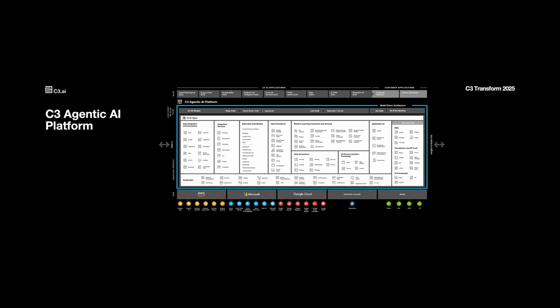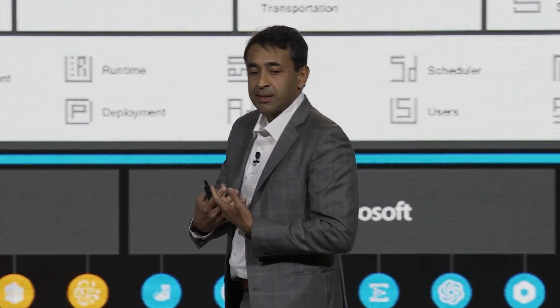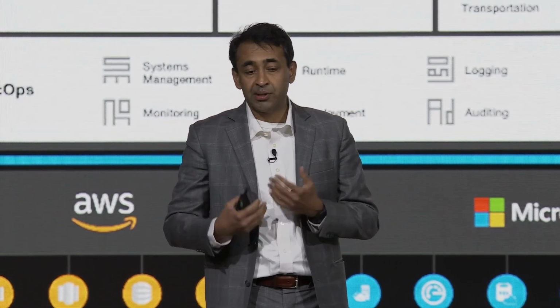The other core innovation that we've talked a lot about is the C3 Agentic AI platform. And the other really neat thing that we did was we built this entire agent orchestration framework on top of the platform. And so the idea is this. Once you use the platform, and Adrian showed you this in his keynote, and then we've seen this in many of the breakouts over the course of this conference, once the data are unified in the C3 AI platform, and we're really good at data integration, data unification, those data are available in a common, unified semantic language, those data objects.